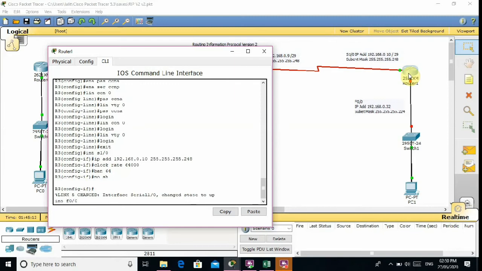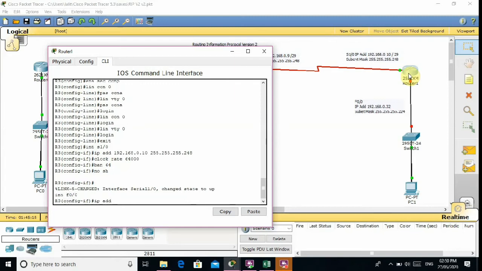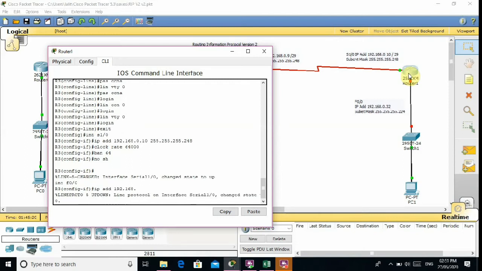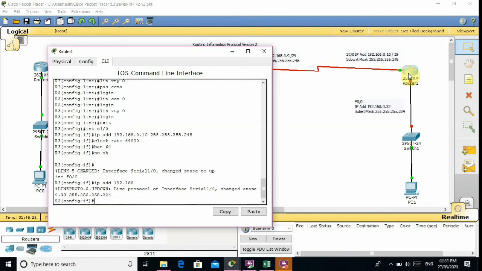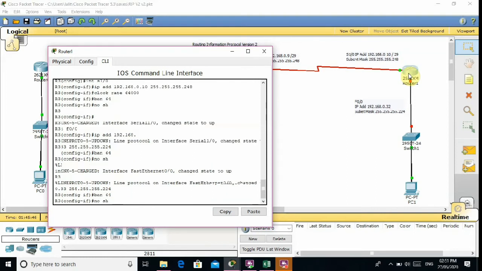And now I am using interface FastEthernet 0/0 and the IP address is 192.168.0.33. Sorry, this is the subnet of 32, using IP address 33, with mask 255.255.255.224. Here the bandwidth is 64. The clock rate command was typed by mistake. No shutdown.